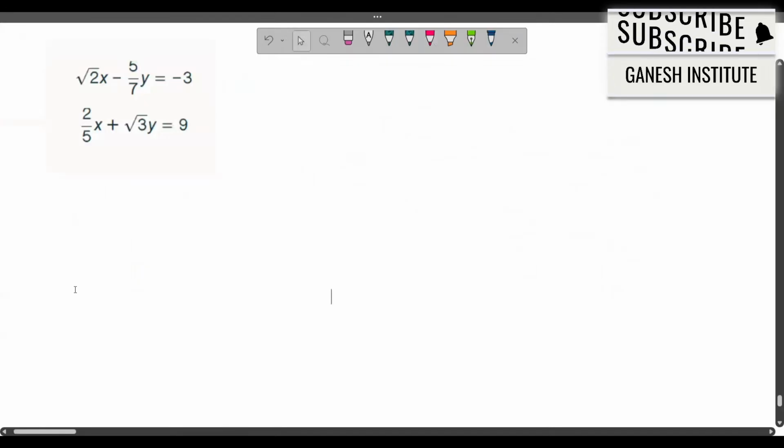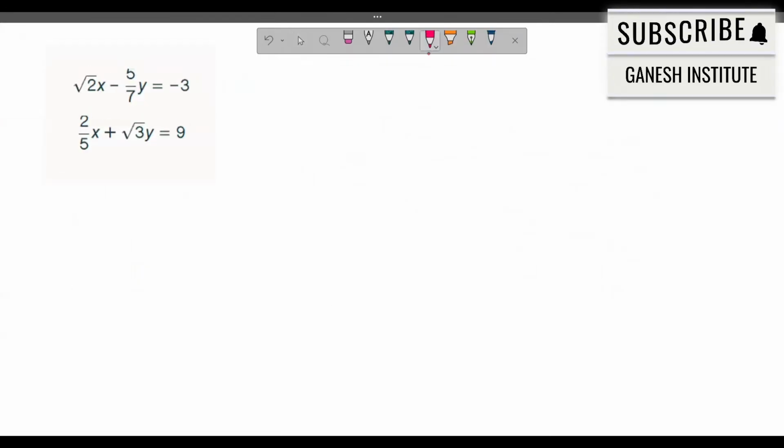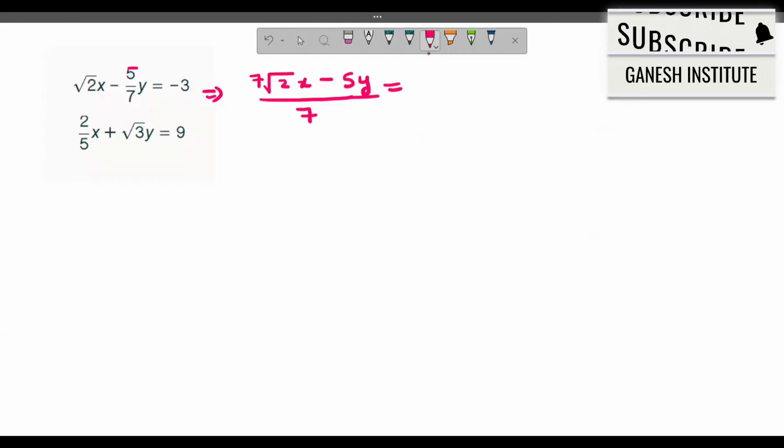Okay. Now I have this one. This is 5 actually. So tell me, how can I take it further? For this, you would first start off by finding the LCM, which is 7 in this case. So you would multiply them all by 7. So that would be 7 root 2x minus 5y is equal to, if you want to bring the 7 there already, you could do minus